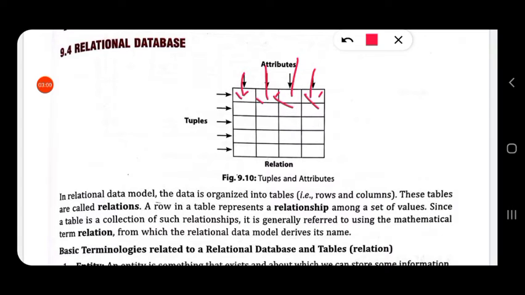You can see each of these data are related to each person, that is his marks, his roll number, his age. Everything is related to each other. Since a table contains a large number of rows in which the values are related to each other, it is called a relational database because they show a relation. Mathematically it is called a relational database.